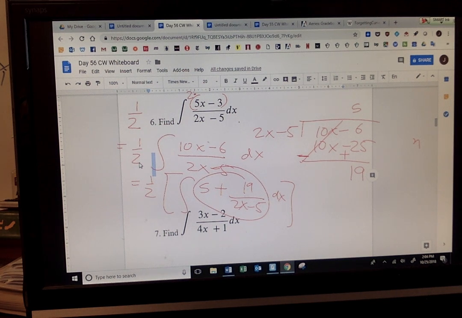Oh! That's very easy to integrate. Watch. 1/2, big brackets. Look down. I'm walking you through it. What's the integral of 5? 5x. Careful. We have a linear expression at the bottom. So what's the integral of 19 over 2x minus 5? 19 ln |2x minus 5| over the 2. Yeah, don't kill the 2. It's okay. This guy will kill you. Okay, divide by the derivative.